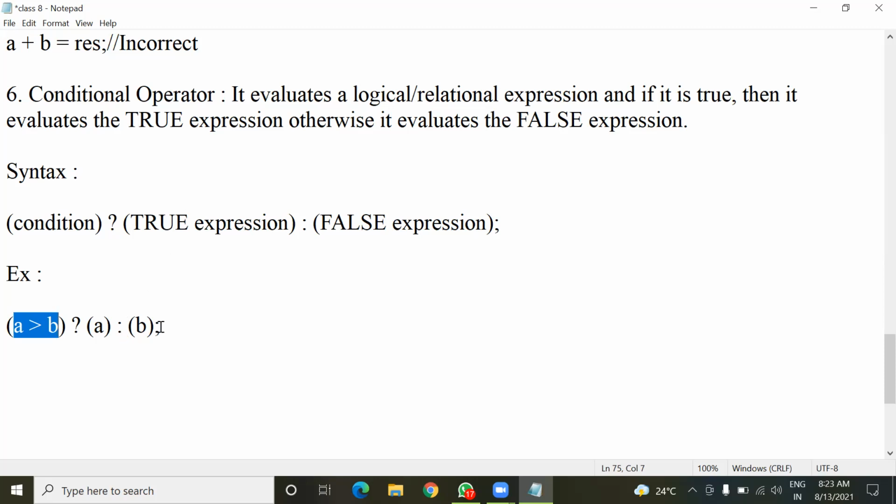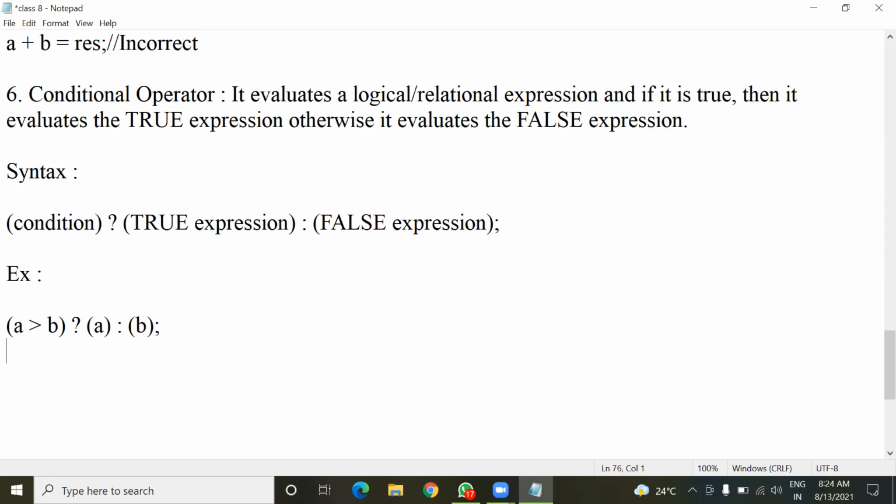Understood everyone or not? Sir, after this, what happens? Or is it over here? This example syntax, no, it is not a complete program. It is just the syntax of the conditional operator, meaning how it is used. It is simply that statement only. It is not a complete program that you can execute. Many other things you have to include in the complete program.